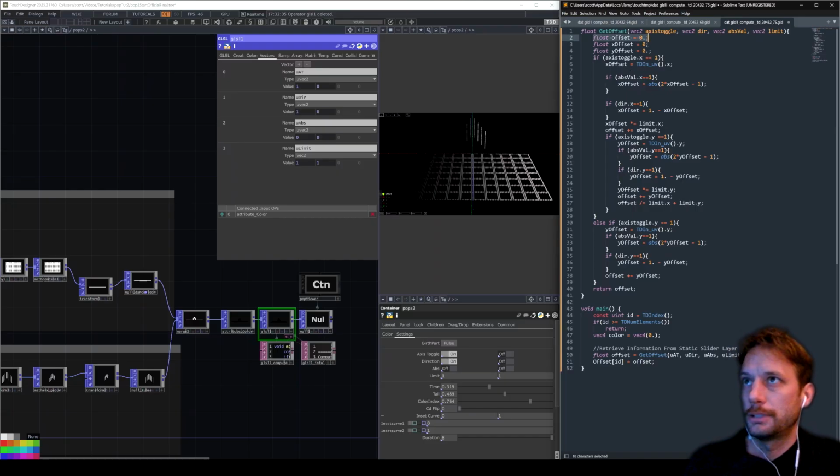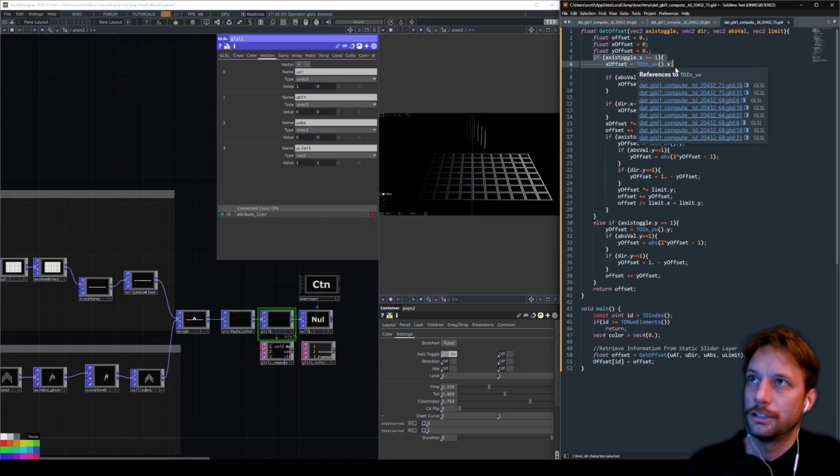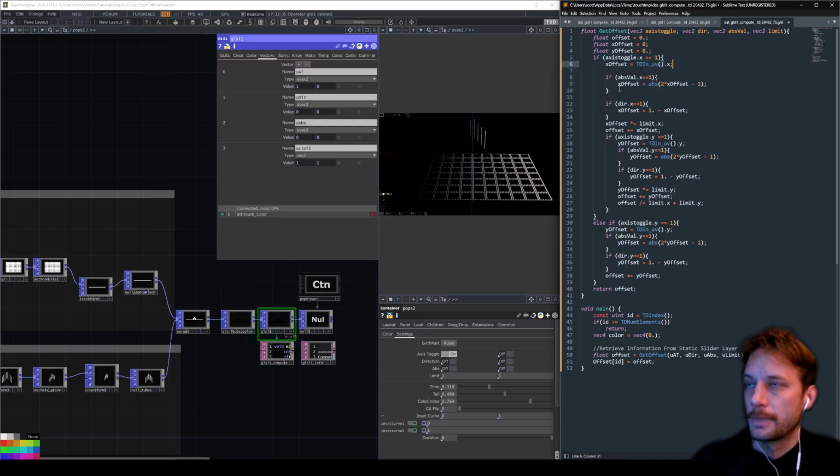The first thing we do is declare the offset as 0, and we use 2 floats, offset x and offset y, so that we can separately do math on them and combine them if both of these toggles are on. For now, let's just work through having the first axis toggle on, and it says if axis toggle x is 1, then the x offset is included to mean the x UV value. Then if we toggle the absolute value parameter on, we shift the